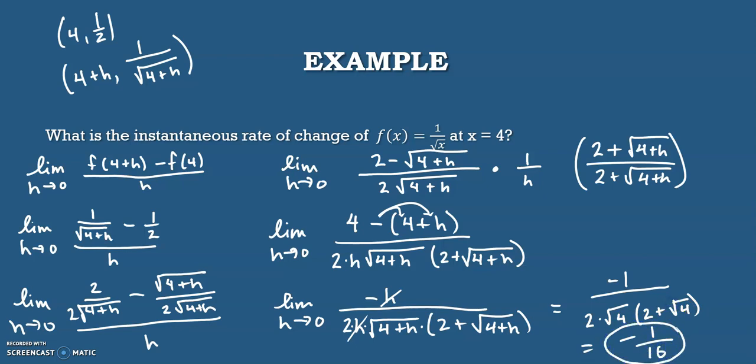That is the slope at the point x equals 4. That is the instantaneous rate of change for that function. You might be saying, oh my goodness, Miss Gall, that's a lot of limits. That's a lot of work. Yeah, I wonder if there's a better way. There might be a shortcut. So